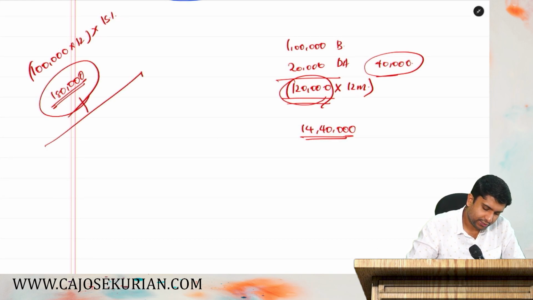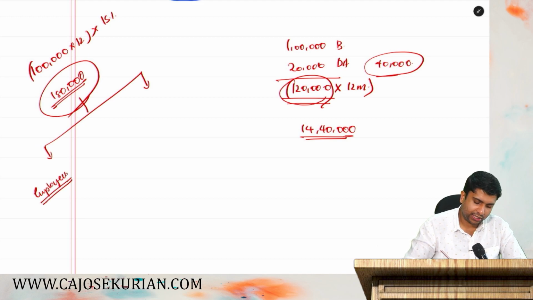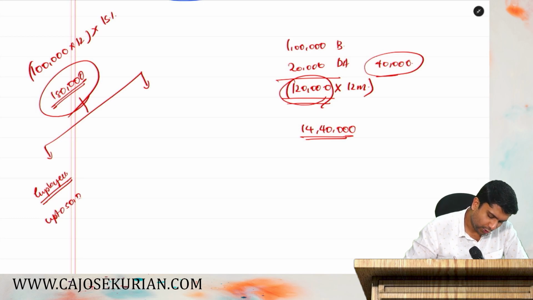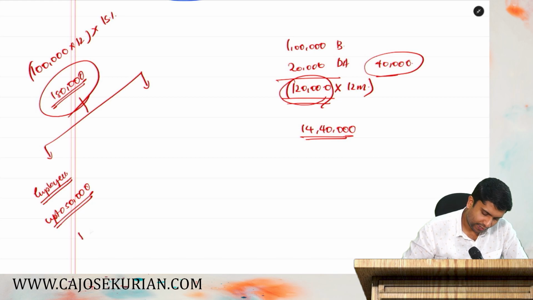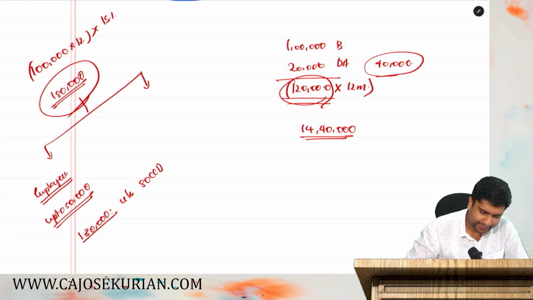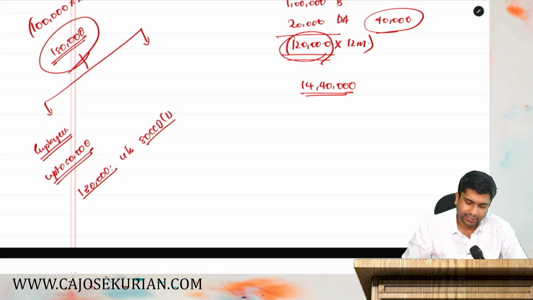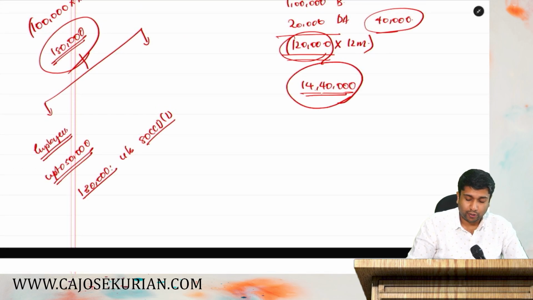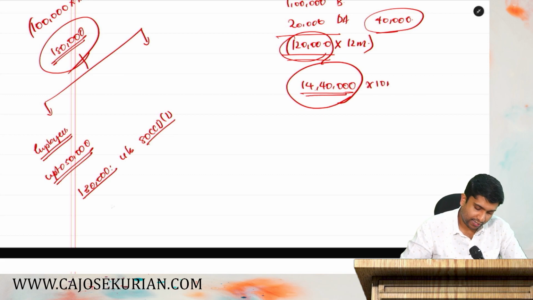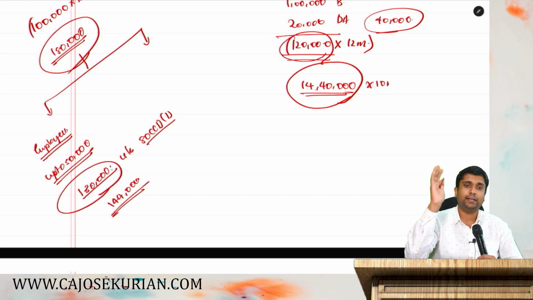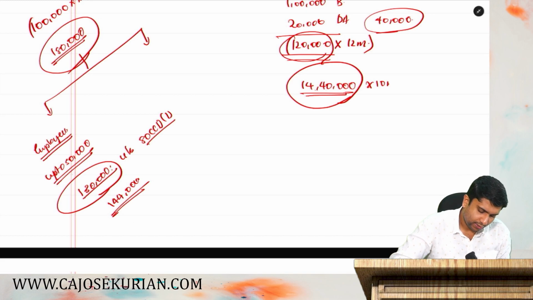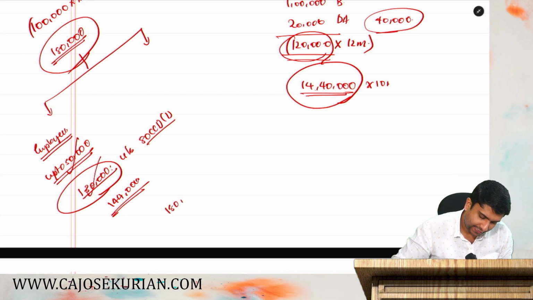Then how to take the deduction? First, we will consider employee contribution. For employee contribution, up to 50,000, there is no limit. How much is the rest? 1,30,000. For that 1,30,000, you need to check 80 CCD subsection 1. Under 80 CCD subsection 1, how much is the maximum deduction? 14 lakh 40,000 into 10%. That is 1 lakh 44,000 is the maximum deduction. Yes or no? Since your excess contribution is only 1 lakh 30,000, you can claim it as a deduction. And in total, 50,000 plus 1 lakh 30,000, that is 1 lakh 80,000, you can claim as a deduction